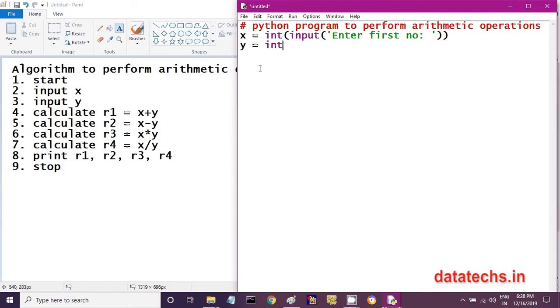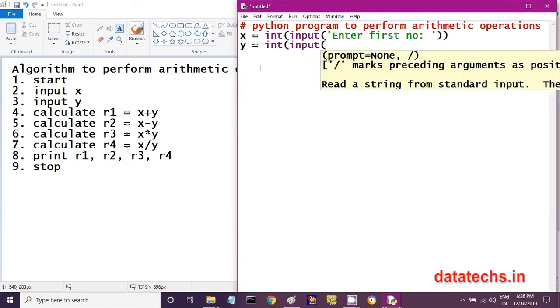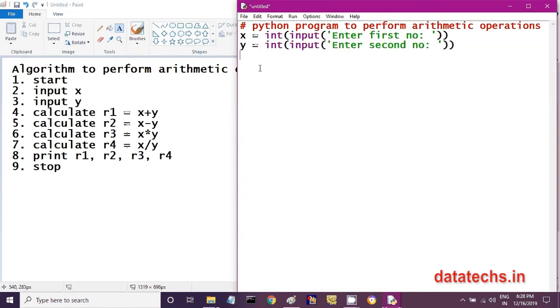Similarly, y is equal to int of input of enter second number. So here another integer number you are storing into y. So in the algorithm, step number 2 and 3 we have completed. Let us go for step number 4. Calculate R1, result 1.